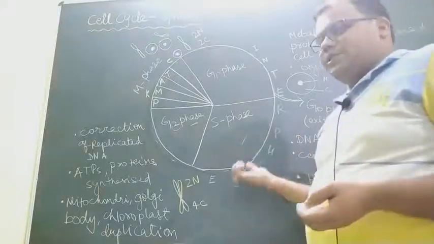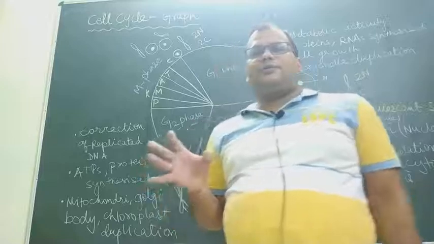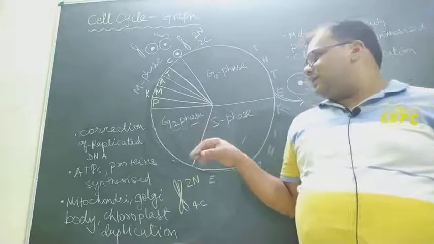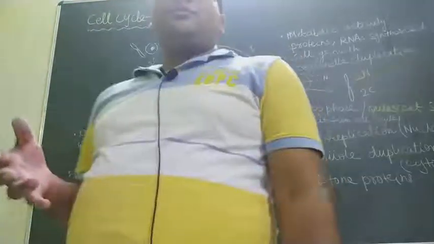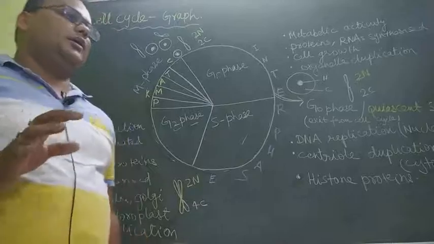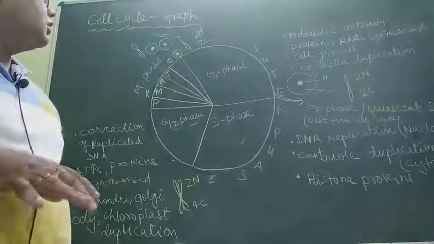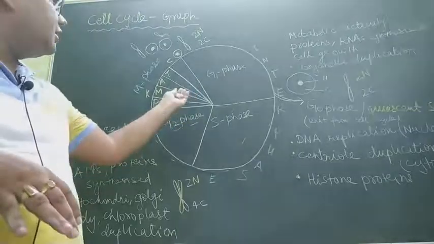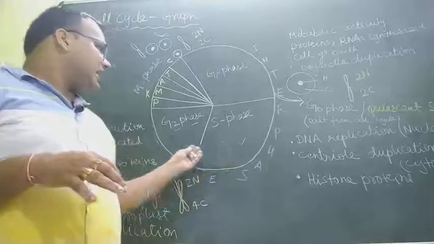So in the next class we will discuss how the different events of cells are regulated, which is not very important from the NEET point of view, but for your better understanding you should learn these concepts also, how the different phases of the cell cycle are regulated,